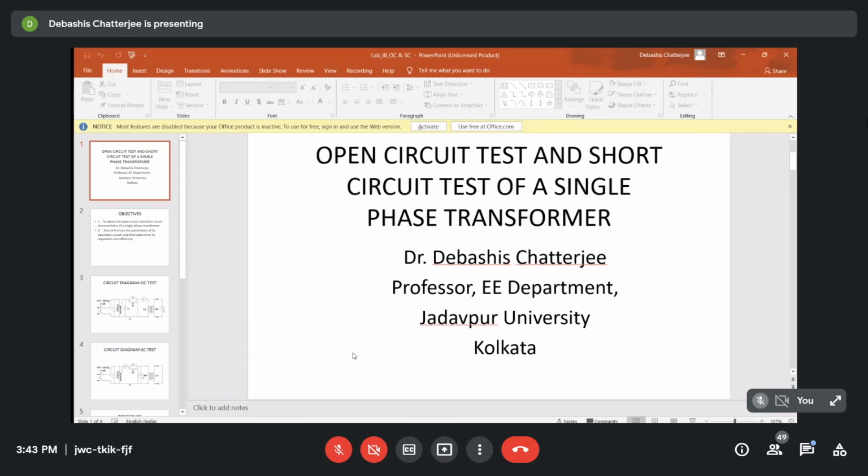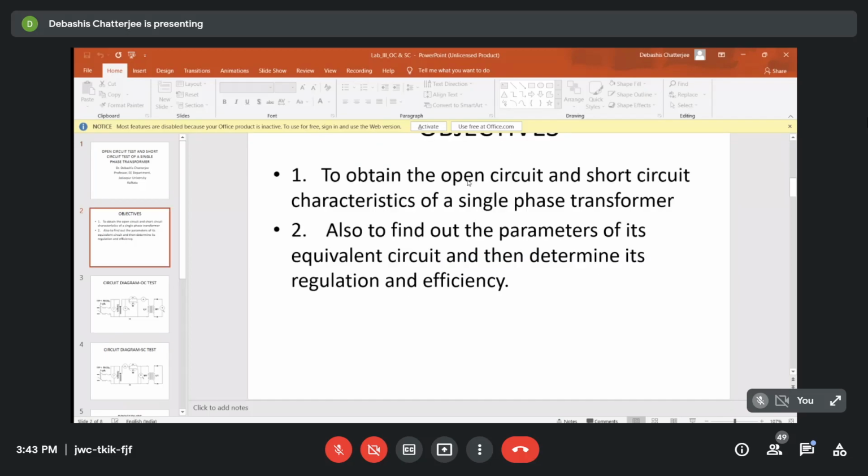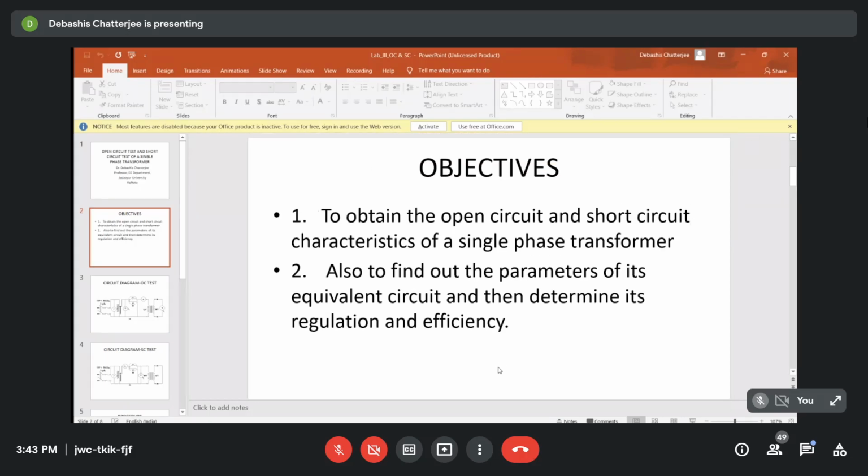If the excitation side is high voltage, the load side will be low voltage, right? So normally our main target is to find out the low voltage and high voltage sides, and accordingly we will connect our meters and perform these tests so that the results are obtained with minimal error or maximum accuracy, right? Then I'll come back to the methods, or rather the objectives.